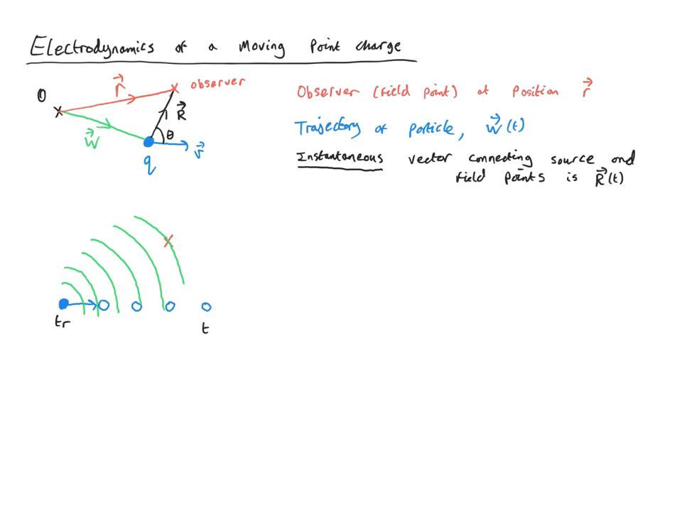So in this sort of cartoony illustration, you can see that because the light moves at a finite speed, which is the speed of light, it's actually not the instantaneous position of the particle that matters, it's this retarded position, and the retarded position is basically the position of the particle at the retarded time. So if w of t is the instantaneous position of the particle at time t, then we can write the retarded position